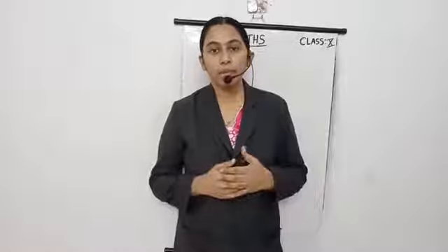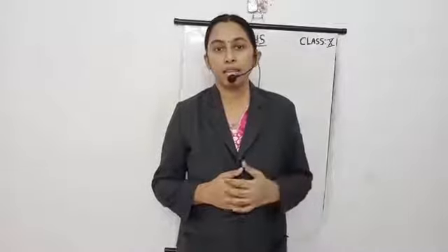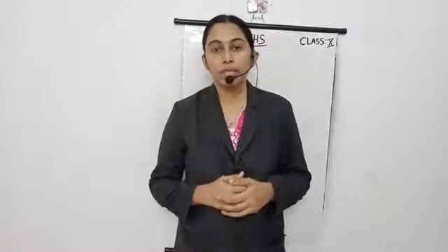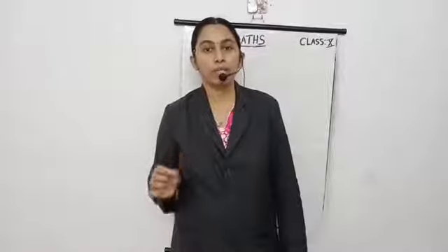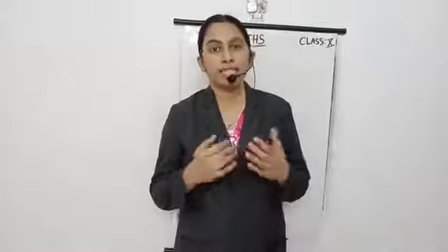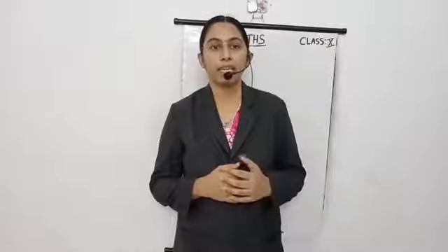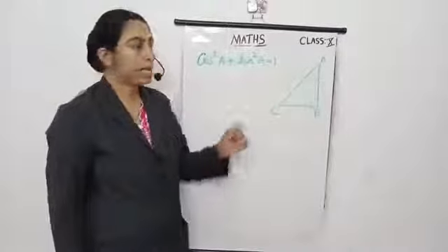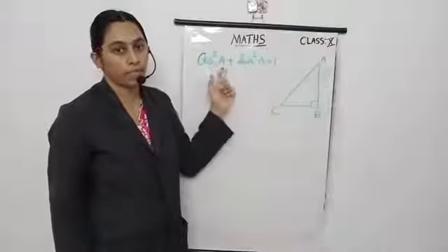Now, do you remember the identities we learned in 8th and 9th standard using variables? Identities like (a plus b) all square equals a square plus 2ab plus b square, like that we learned identities with variables. In the same way, here in trigonometry we have some identities and we are going to learn them. So the first identity is cos square A plus sin square A equals 1. This is the first identity.